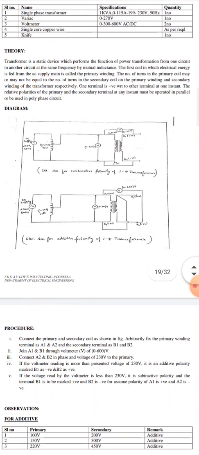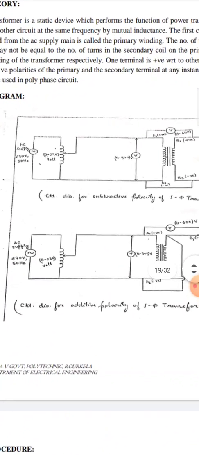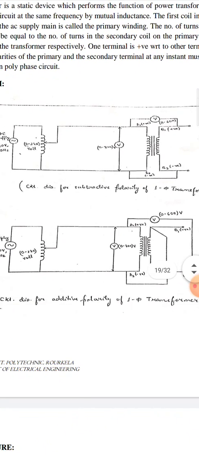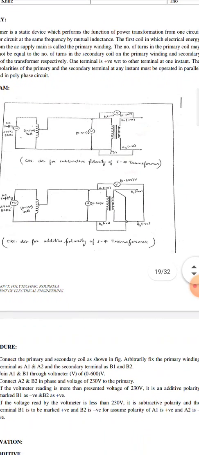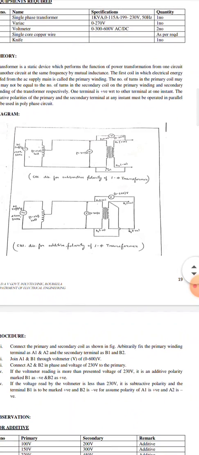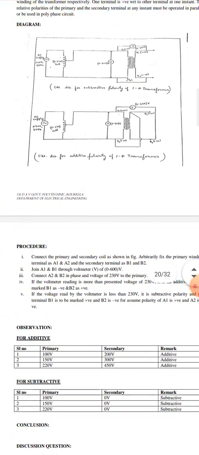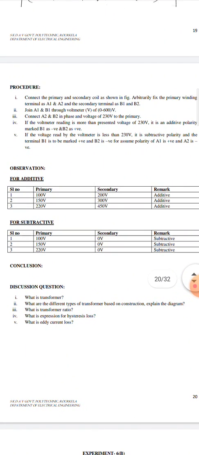Now students, there is a circuit diagram for you, you can watch it. As you can see, there is an AC supply fed and there is a rheostat, or you can say a variac. By using the variac, we are supplying a varying voltage. Now this drawing should be drawn very carefully and neatly. Now we will discuss its procedure. You have to write the procedure in past tense and elaborate it also.